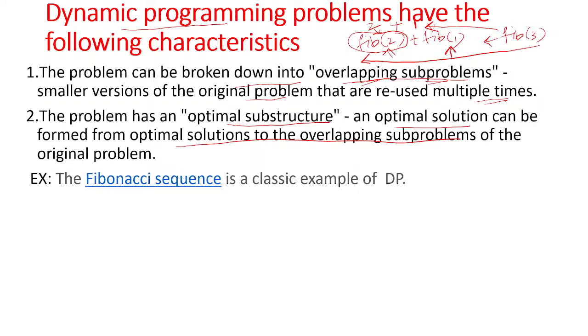If you know the optimal solutions for the overlapping subproblems, then by summing up these optimal solutions of the subproblems, you will get the optimal solution to the original problem. That is how dynamic programming problems are formulated. You can formulate solutions by studying the problem for these two characteristics. If your problem has these two characteristics, then you can apply the DP